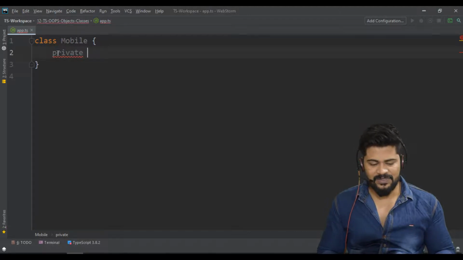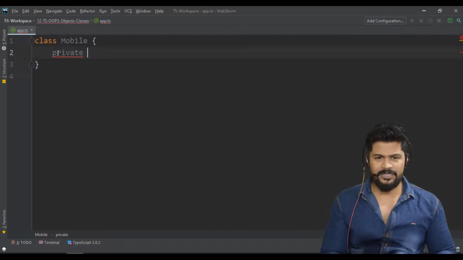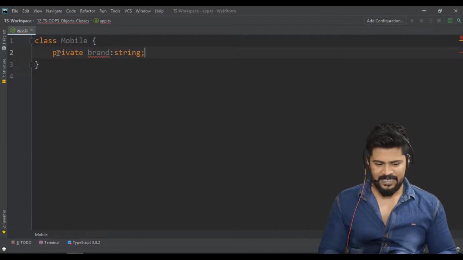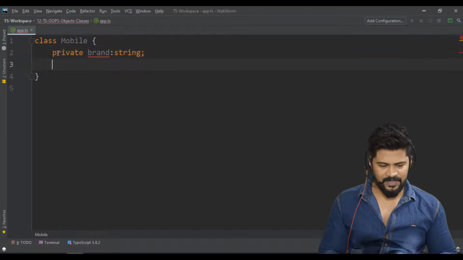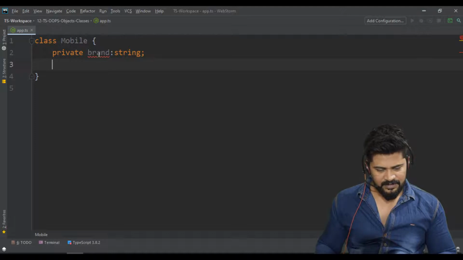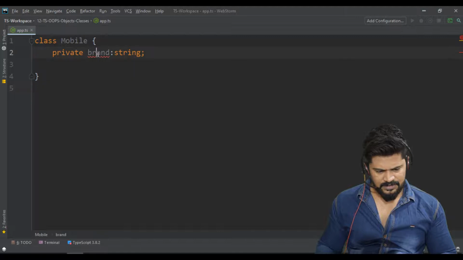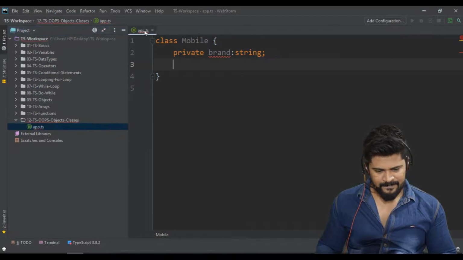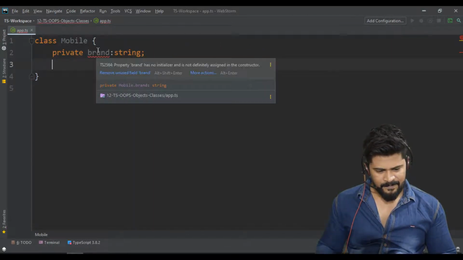Now, private, what properties do you want? Let's say brand of type string. I just declared it. Okay, fine. Now it shows an error: no initializer.